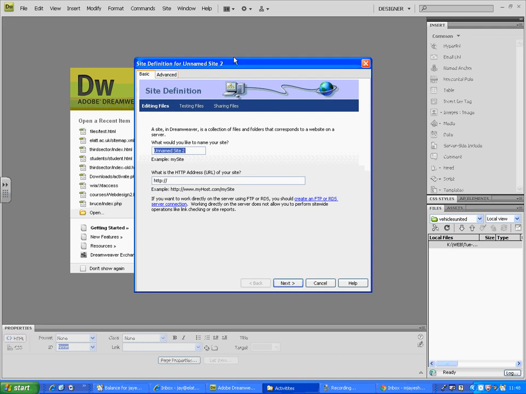If it is a basic configuration, you're not using too much of FTP and so on, then we can use the basic layout of defining a site. Now the screenshots you have in the handouts are for this basic layout. But if you want a quicker version or more advanced features to set up, you can go to the Advanced tab,